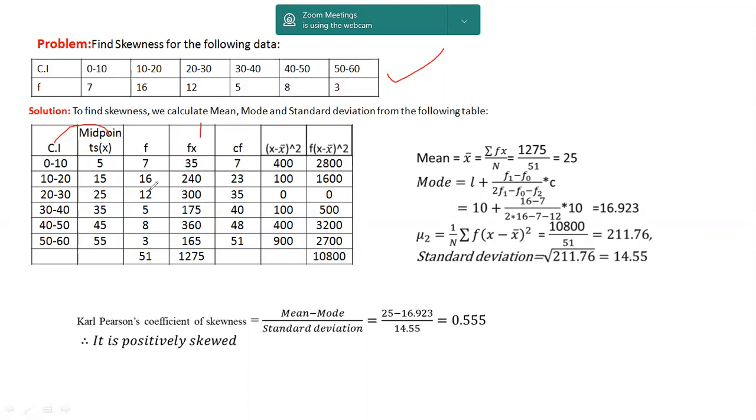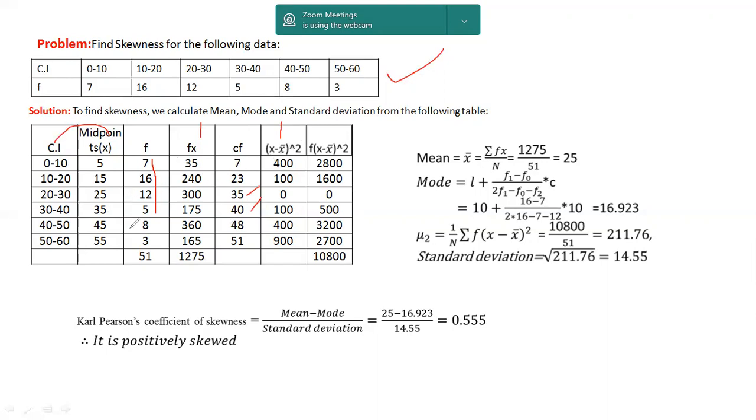When it comes to the third point, we are adding all these three values, 7, 16, 12, which is 35. When it comes to the fourth point, we are adding all four values, 5 plus 12 plus 16 plus 7, which is 40. Like that, we are calculating the cumulative frequency distribution. Then, after x minus x bar, we are finding the central moments, that is, moments about the mean value.